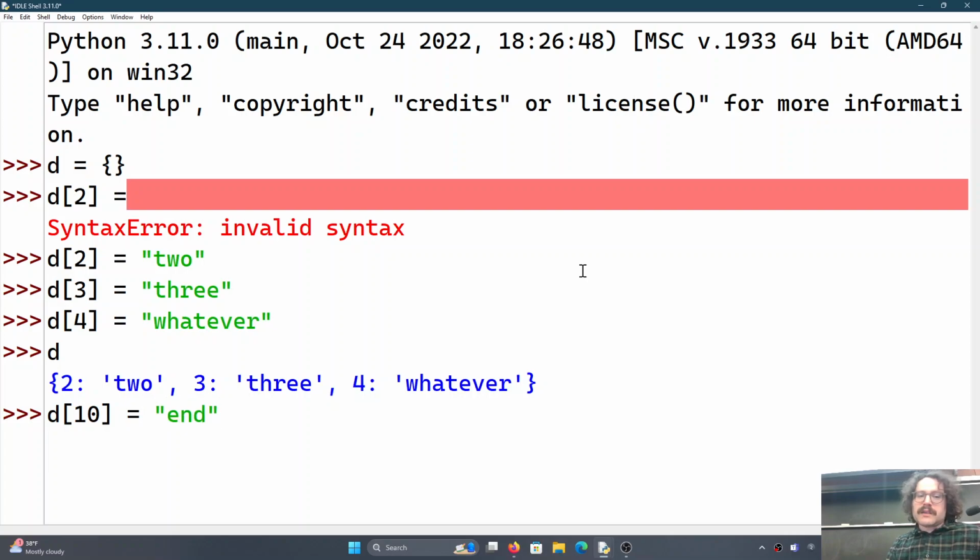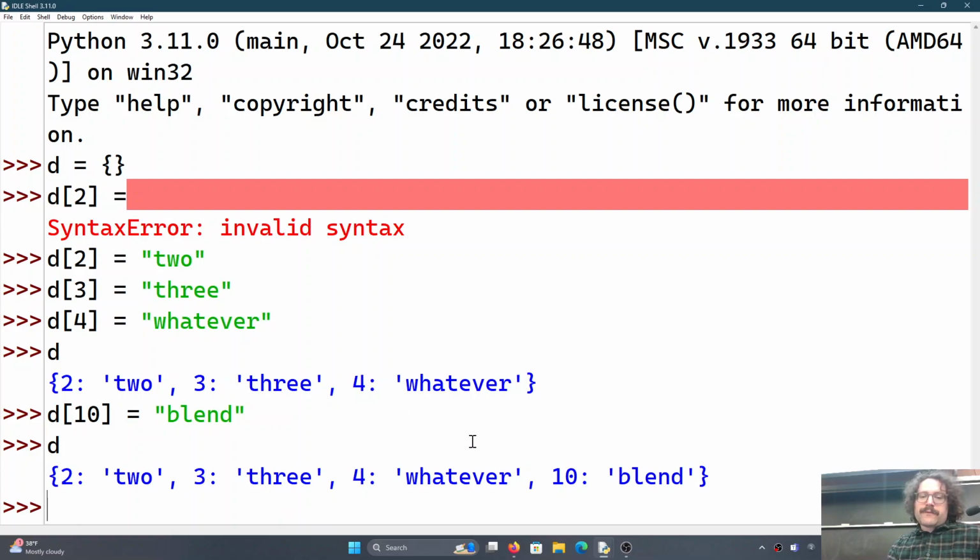Just because, it doesn't matter. Actually, let's go with blend, because end might imply something that we're done. We're not. So 2, 3, 4, whatever. So 2, 3, 4, 10. 2, 2, 3, 3, 4, whatever, 10, blend. Okay. Now,